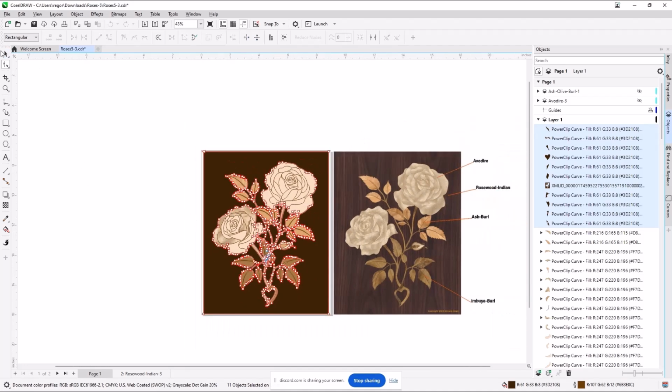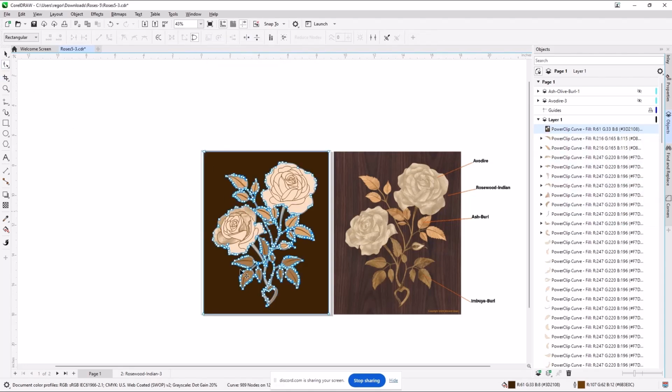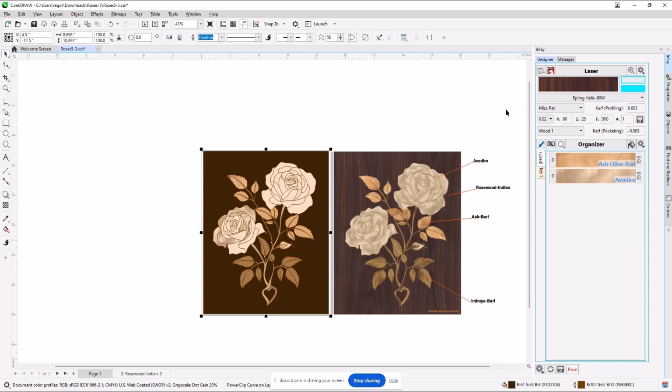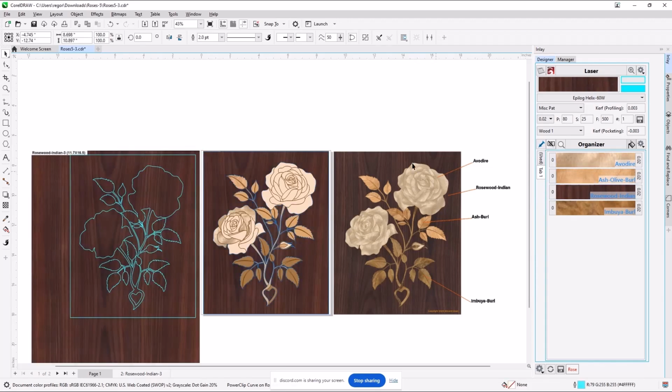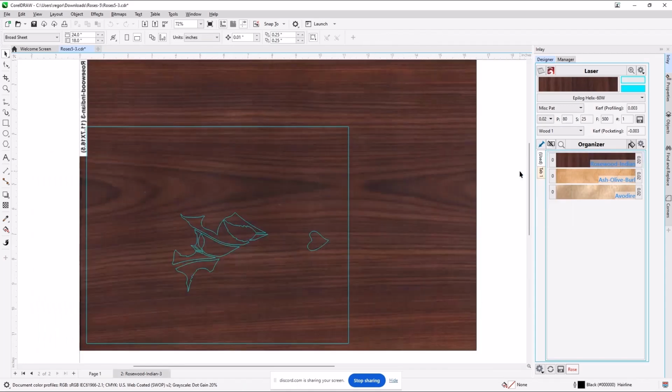So what I really needed to do to make that piece is to basically combine the pieces by welding them or combining them. Just use the combine. Now when I go look at the nodes, they're all the same color, and guess what will happen when I go to do the inlay cutter panel? Now they're all part of the same object. I can go, so that's selected, I'm going to make them brown. I'm sorry, rosewood, excuse me, not brown. Now I can do the cut panel, and I will get the correct, oh, no I didn't, come on.